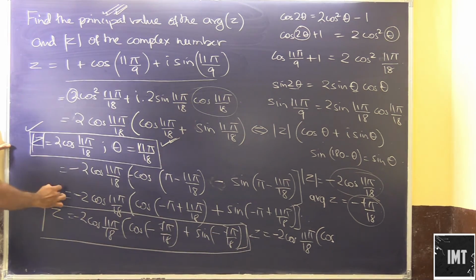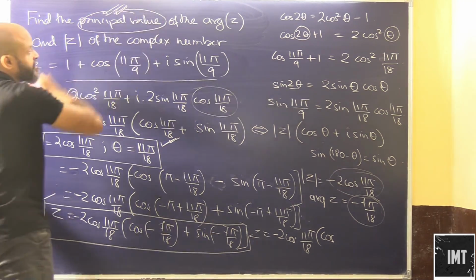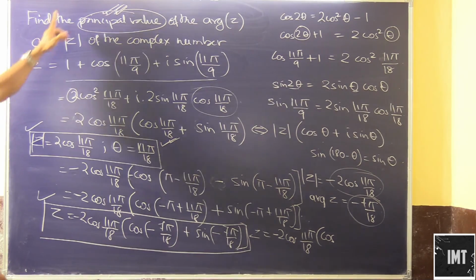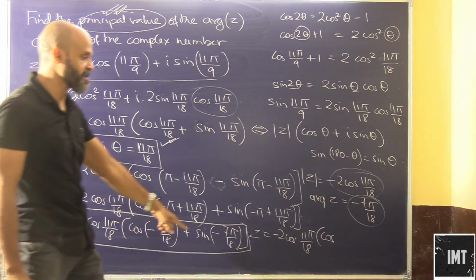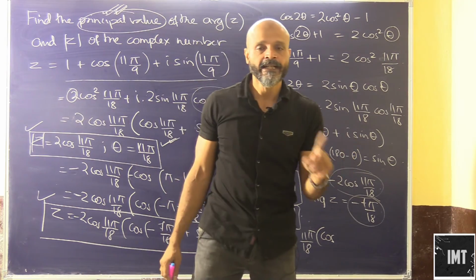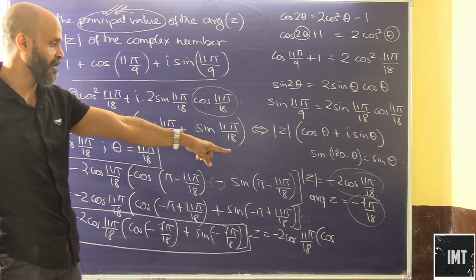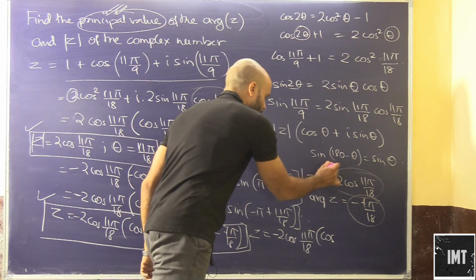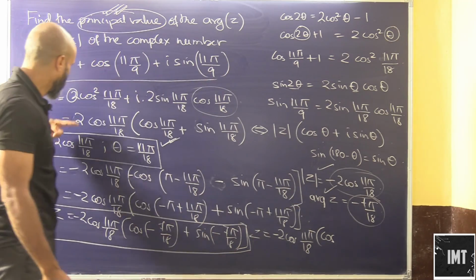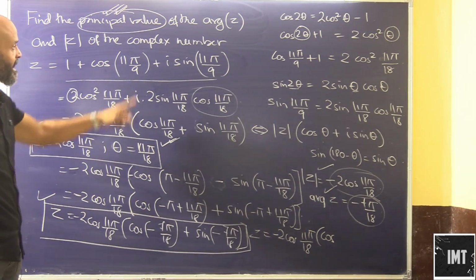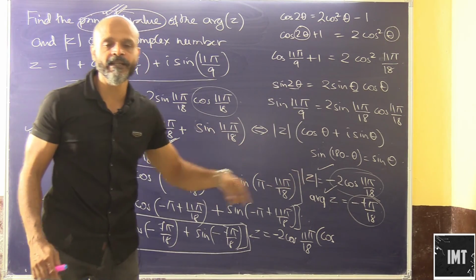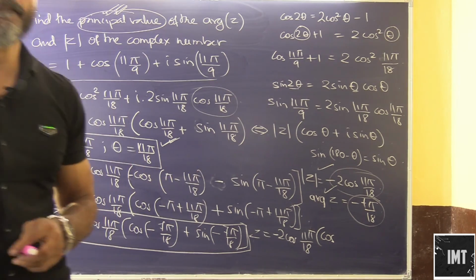Both the answers are correct, but since we are condensing our answers as per the question, we have to take the principal value, and the principal value cannot be 11 pi by 18. It has to be minus 7 pi by 18. So this will be minus 7 pi by 18. Hence the correct format of the answer would be this. Although both the answers are correct, as per the question this answer will be correct because it is asking about the principal value here.